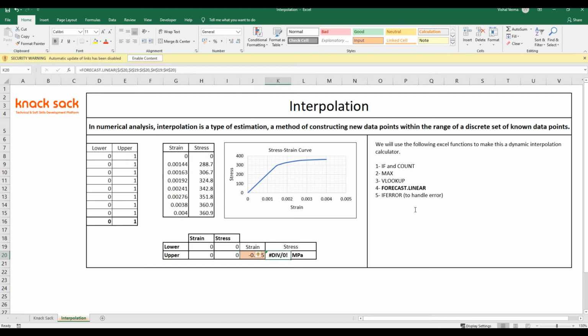So let's fix this. I will write IF the strain value we are providing is less than or equal to 0.